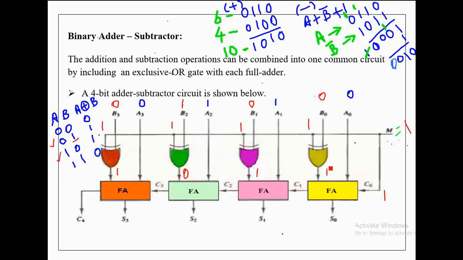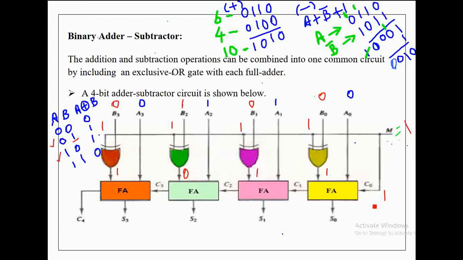That is, the output of this XOR gate is 1 because the input to this is 0. Like this, for this XOR gate, since the bit value of B is 0, the output of this XOR gate is the complement of this, that is, the complement of 0 is 1. Similarly here also, the complement of 1 is 0, and the complement of 0 is 1. Now this circuit receives the bit values of A, the complement of the bit values of B, and the input carry 1. So now let's check how the circuit performs binary subtraction.